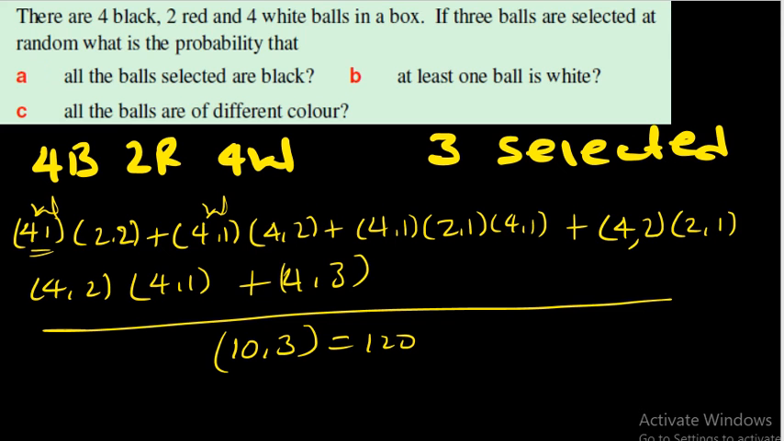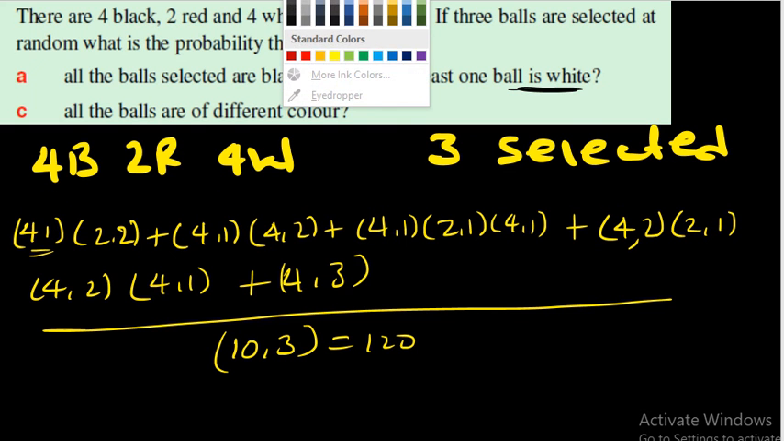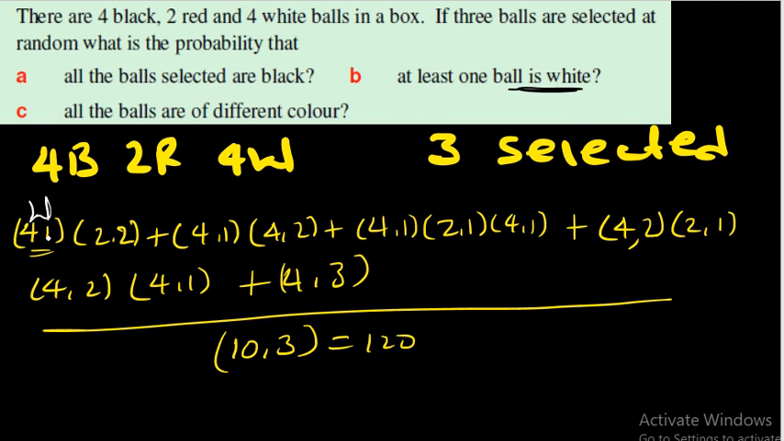This time I would like to repeat something here. First of all, what does the question say? At least one white ball. At most, all the 3 can be white. So if one is white, let me represent it by the white color. This is white, 1 white and 2 red, and this is also white, or 2 black,